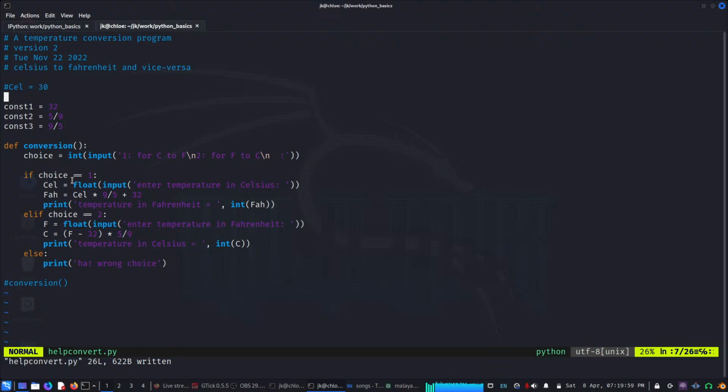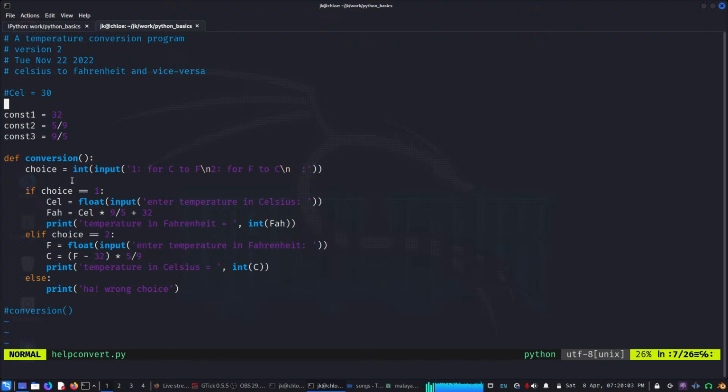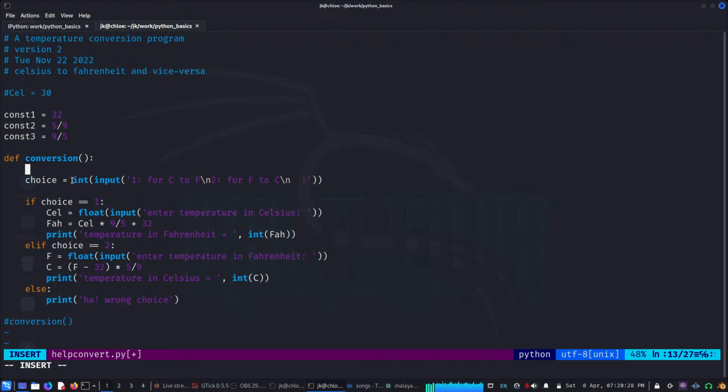Suppose your friend or your colleague is going to use it, and you want to describe what it does and how to use it. He doesn't have to read the whole thing to know what it returns or which unit he has to specify. So to do that, the way we are going to do it is,